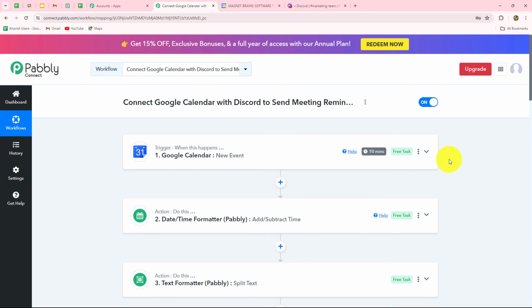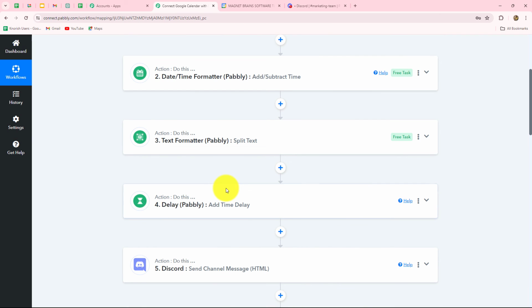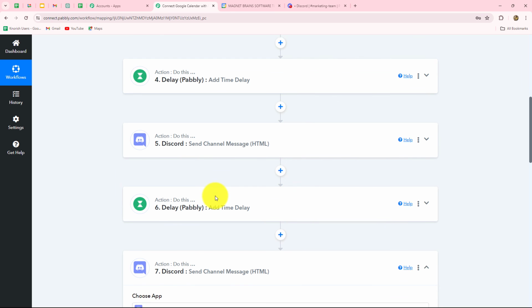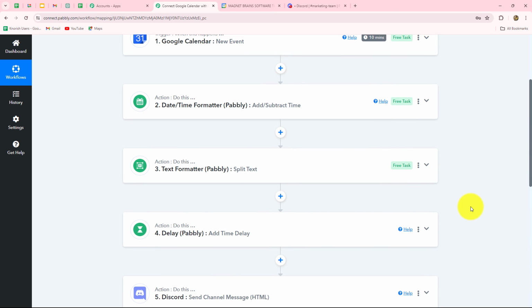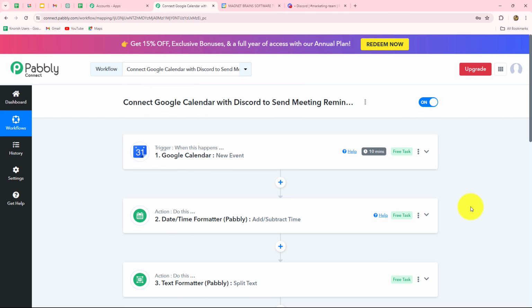So now we are going to quickly summarize what we have done in this long workflow. So we have taken very simple steps, trigger and actions. In trigger, first of all, we have taken Google Calendar, and in action, we have taken date time formatter, text formatter, delay by Pabbly and Discord. And what we have done, we have connected all these applications with the help of Pabbly Connect in such a way